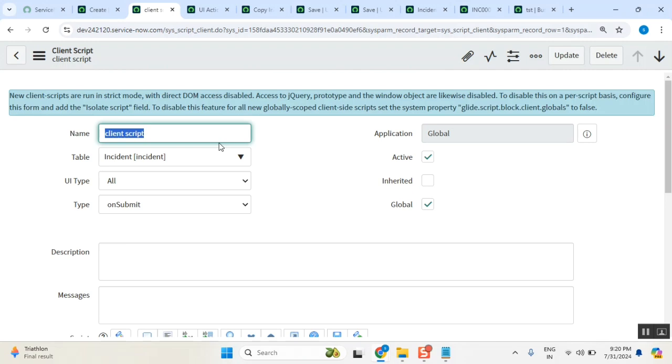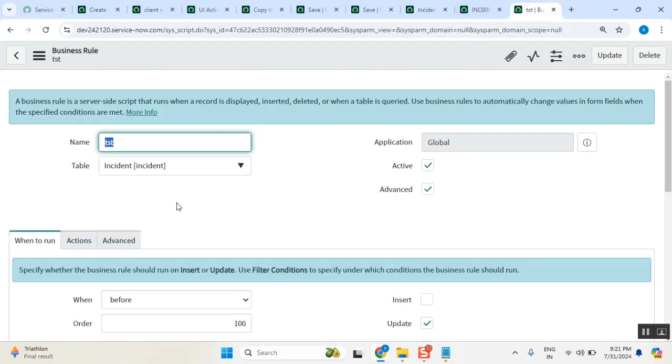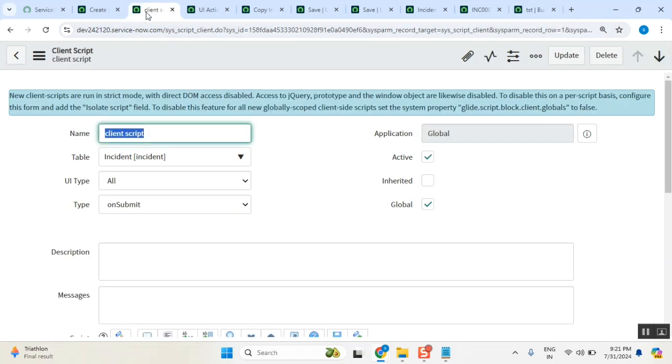What is a global client script? There is also something called a global business rule. Very carefully see. When you say global, our mind immediately goes here, which is not correct in this context. Even in client script, whenever you say global, your mind will go here or here. This is view specific. Not these two. But what is a global client script or global business rule is, if you select a table,